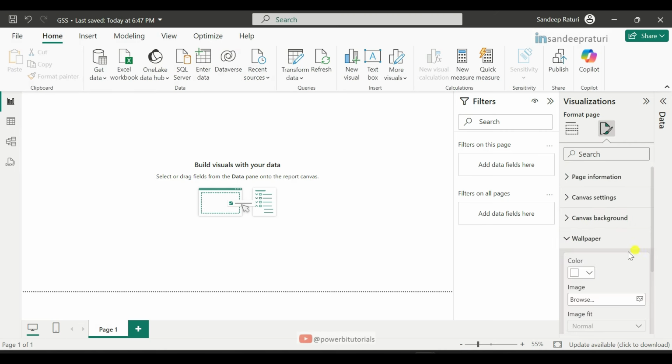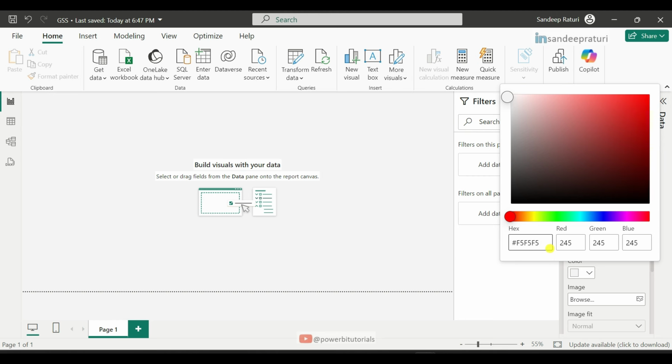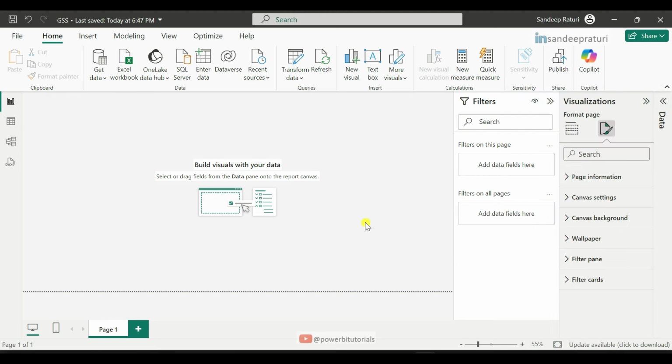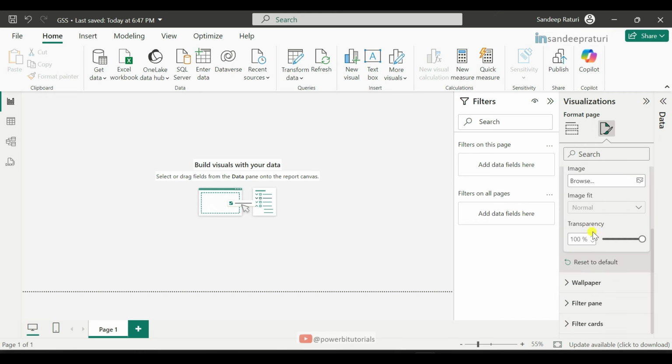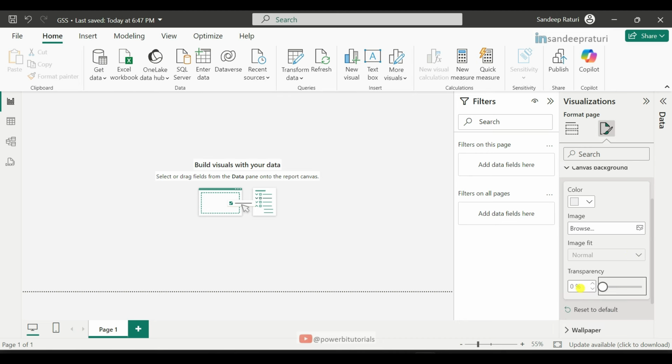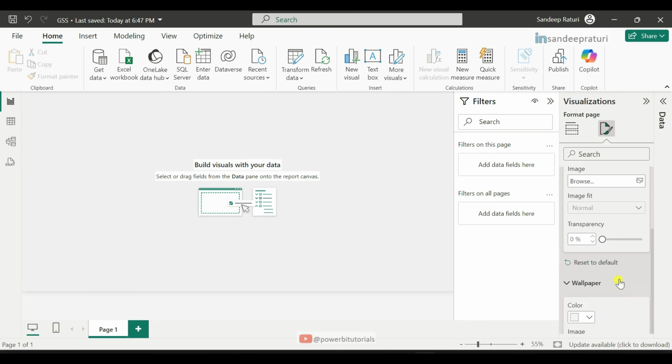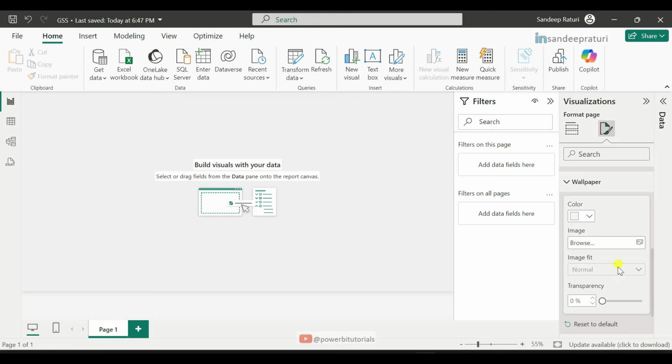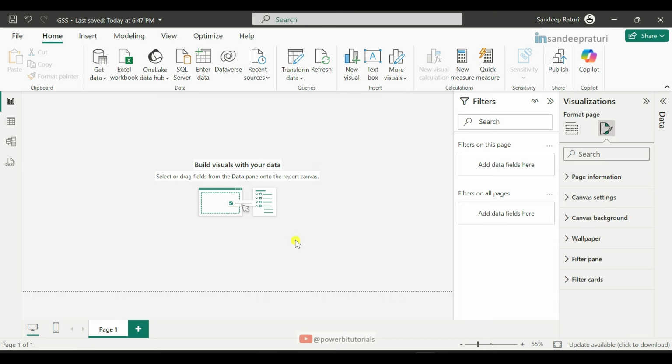Open the wallpaper option, and here you can paste the color for wallpaper, and make sure transparency is 0% for both. Open the canvas background, and here you can see the transparency for canvas background is 100%. Make it 0%, and check the same for wallpaper. For wallpaper, transparency is already 0%. Now we are good with report theme and page colors.